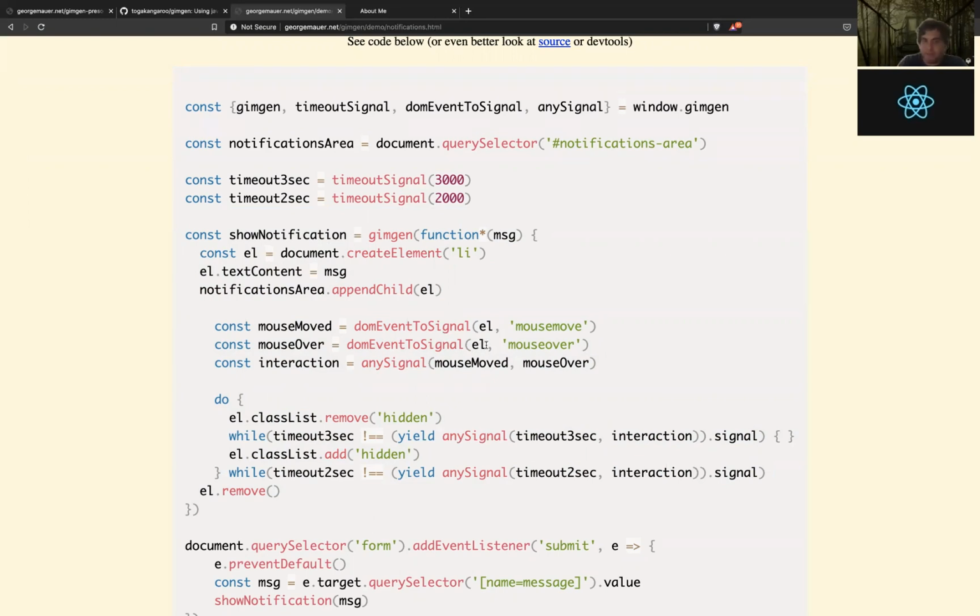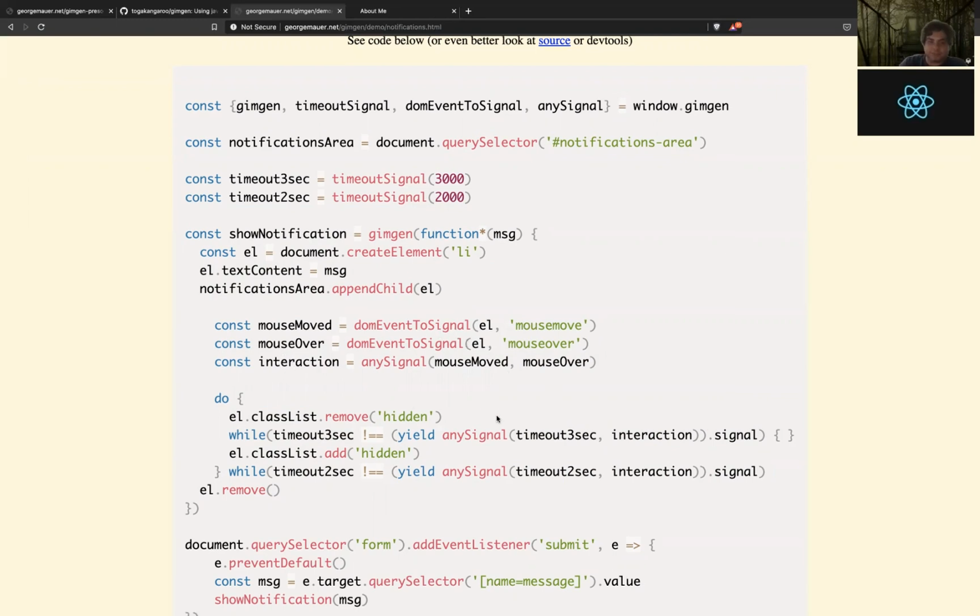They're just the DOM events wrapped up in a function that produces a promise: create a promise that will resolve the next time you mouse over this element, and another for the next time you mouse move over it. Then we define an interaction as either of these two events.